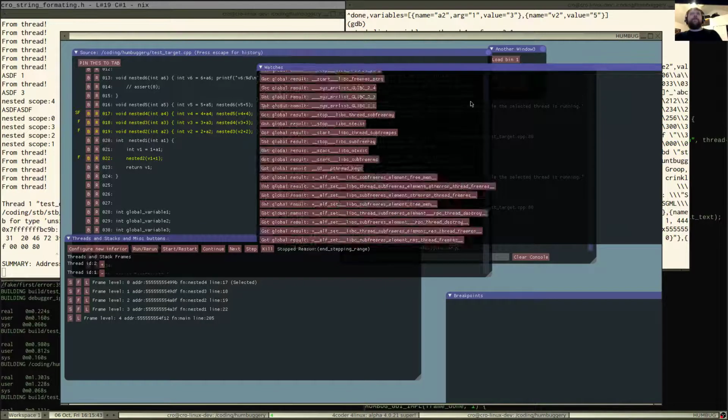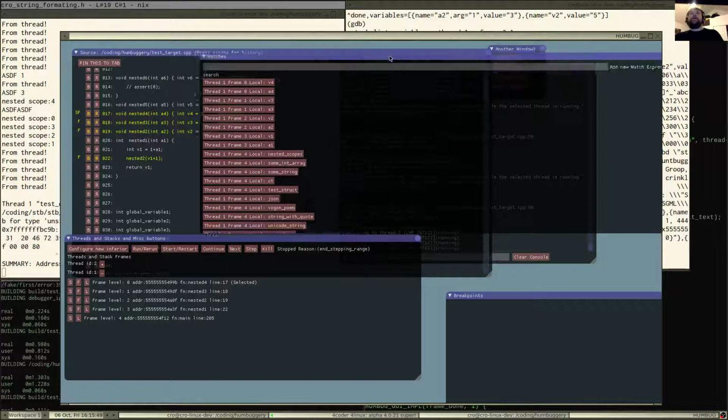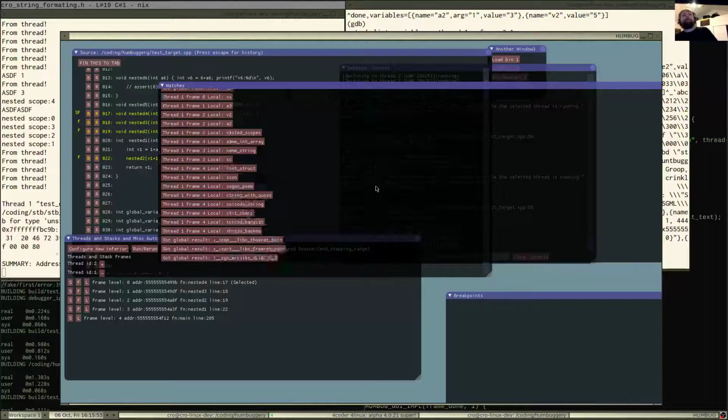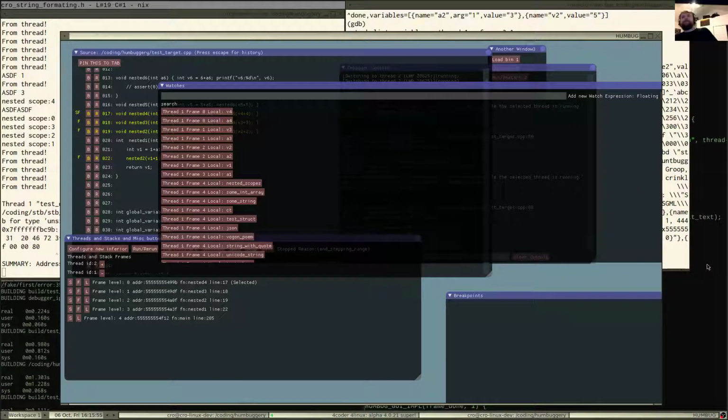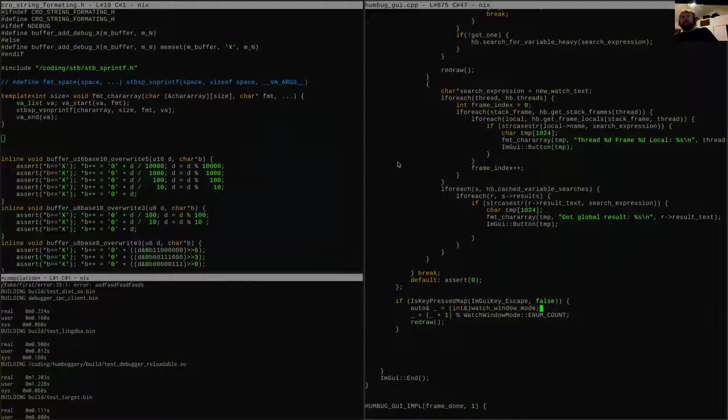And we got buttons. All right. Yeah, might as well just keep going.